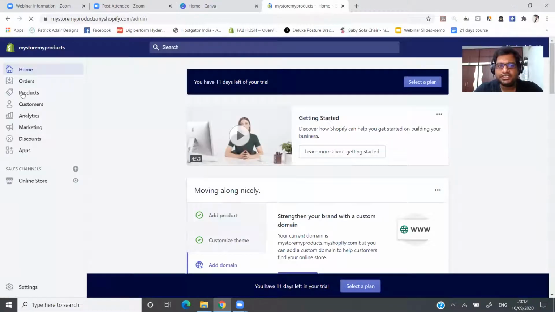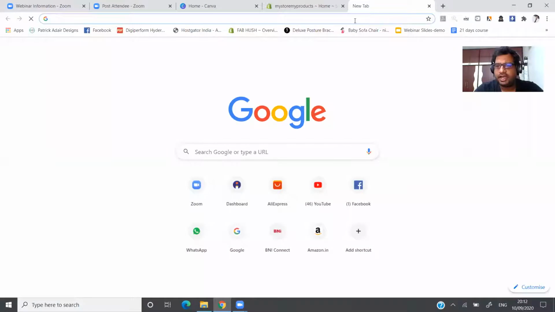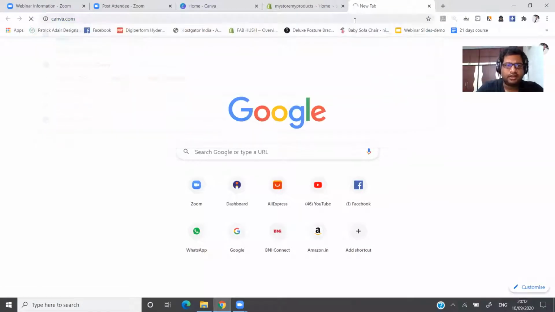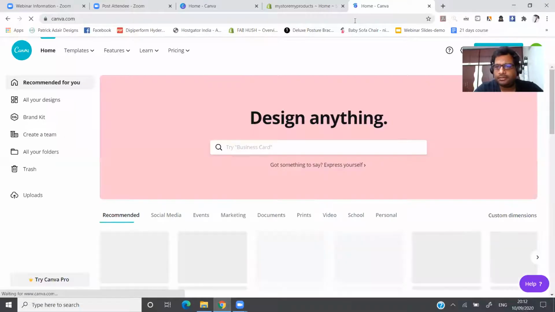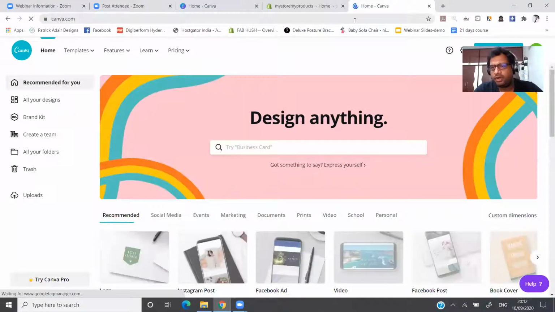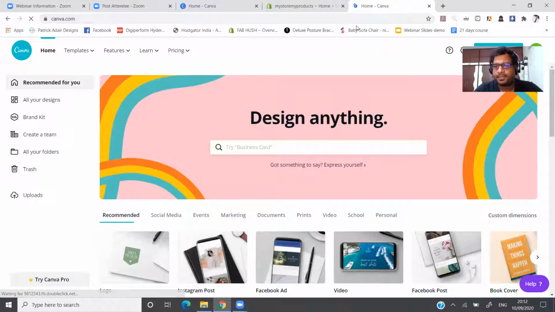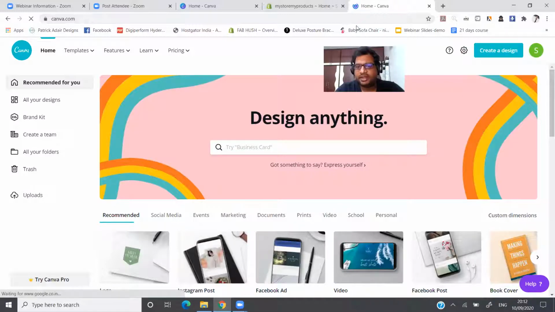Now see this, guys. This is where you upload your products, right? We saw how to create a collection already. This is where you upload your products. Right now, I'm going to use a tool called canva.com, where you can upload all your t-shirts. This will be a practice. The main thing will be starting in the next week, guys. So just have some patience.